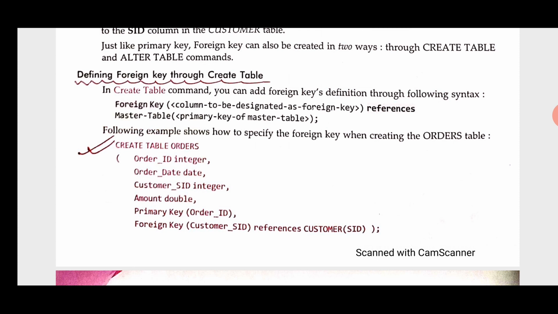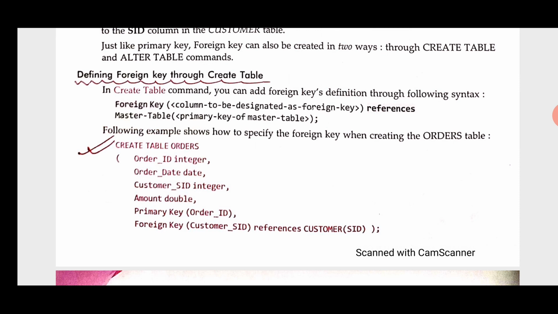In the orders table we are declaring order ID, the first column, as primary key, and customer SID, the third column, as the foreign key, and this customer SID is referencing the primary key of the customer table.